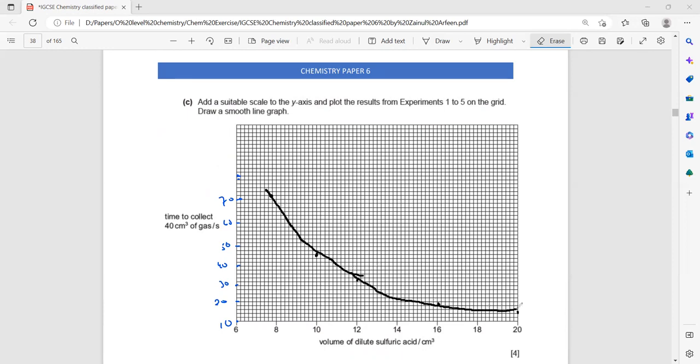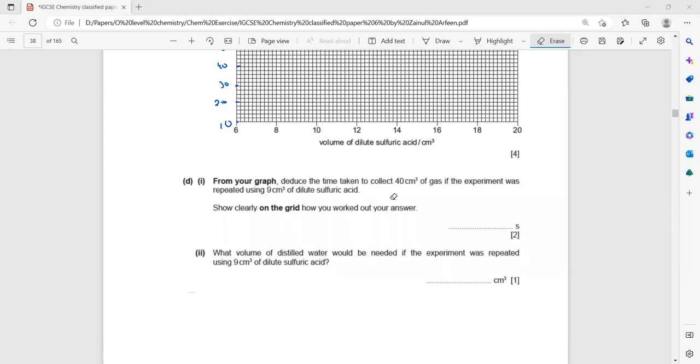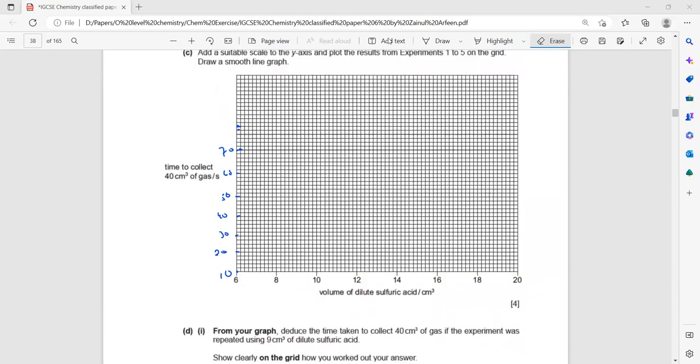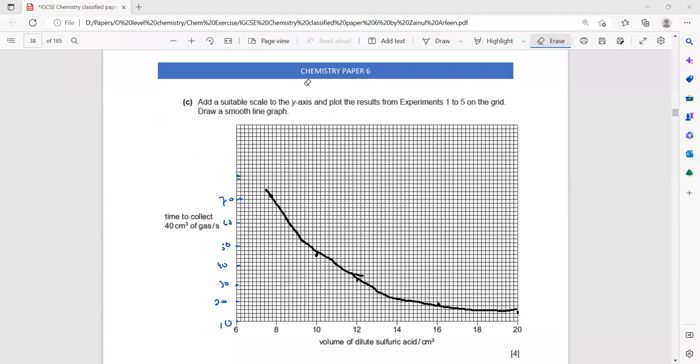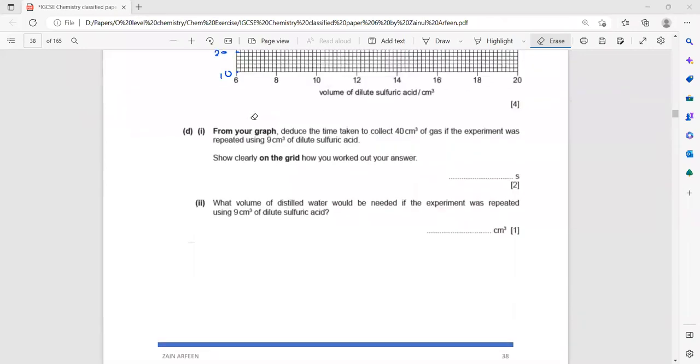And then from your graph, deduce the time taken to collect 40 cm cube of gas if the experiment is repeated using 9 cm cube. So you have to draw a line from 9 cm cube and find how much, according to your graph, gas is collected. And then what volume of distilled water would be needed if the experiment was